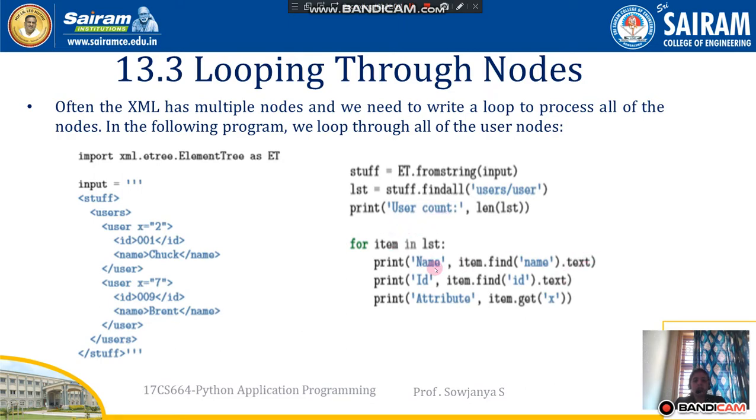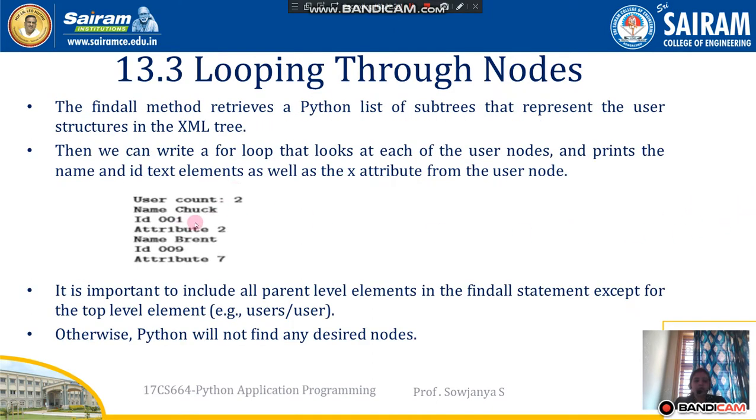and it should print for each user the name and its value, id and its value, and attribute and its value. To find the value, item.find of name, then .text, and to find the id the same thing, item.find of id, then .text, item.get of x, the value of x, is shown to present. So now you can see here we have the 2 users, so it is going to give the user count as 2, and then the first name, check,